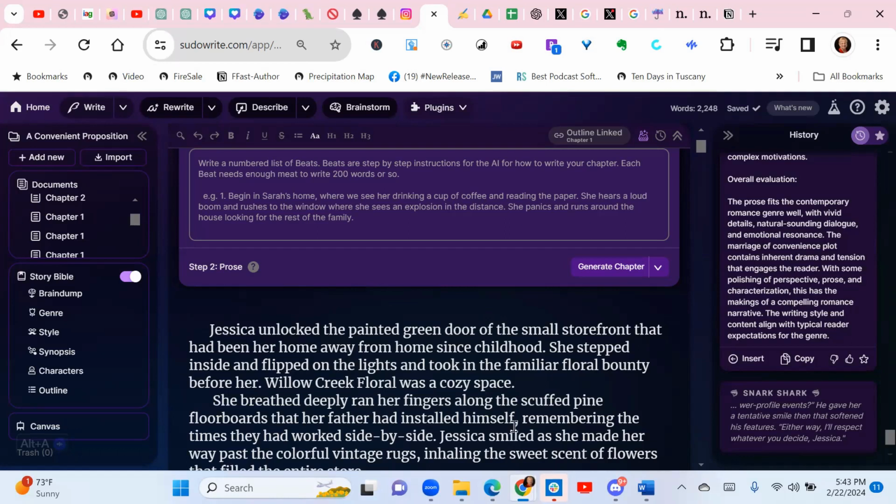And I got rid of the "tell me the strengths." I don't trust its strengths, and we don't need to know its strengths. We need to know what we need to change. And that is one thing that when you're looking for a critique, if you're looking for editorial input, now, of